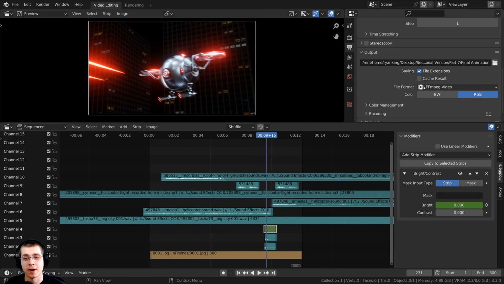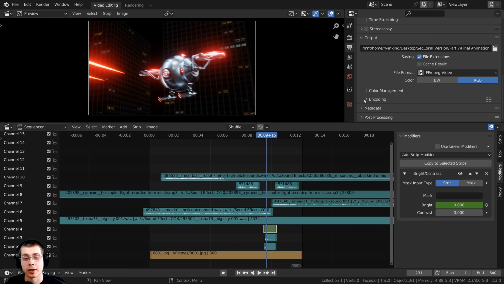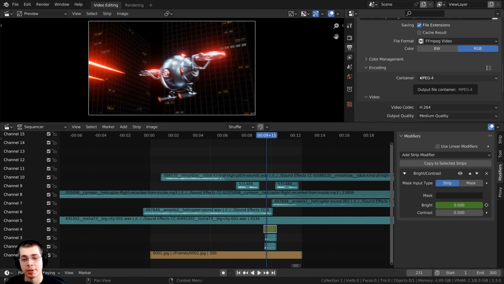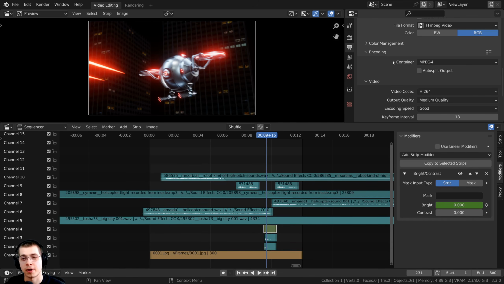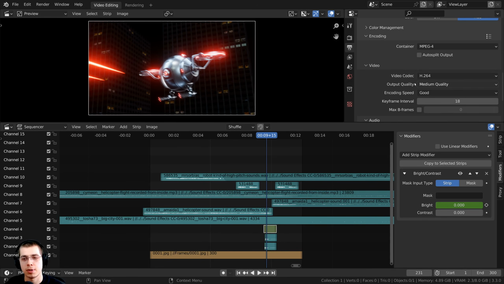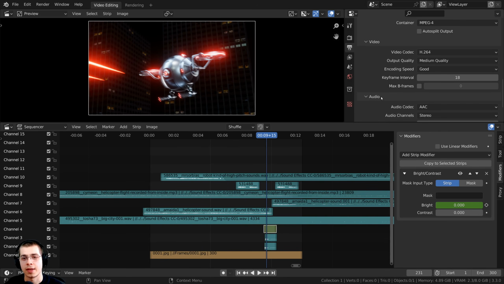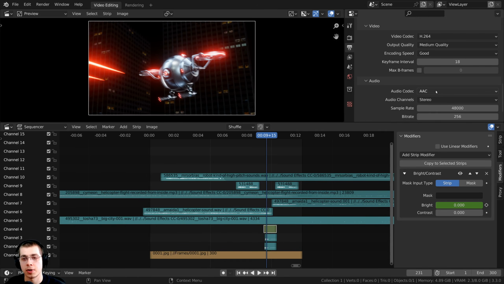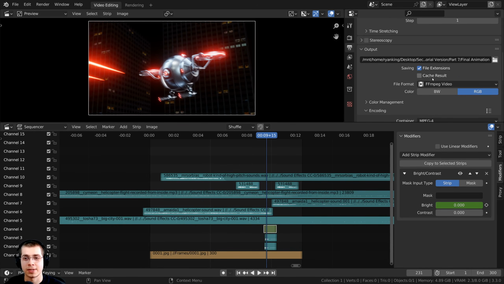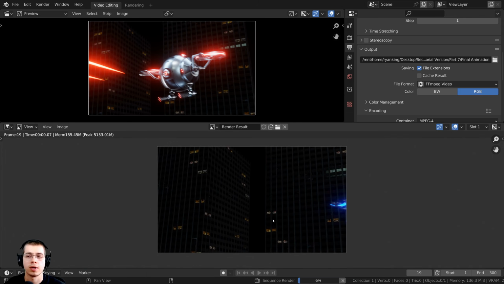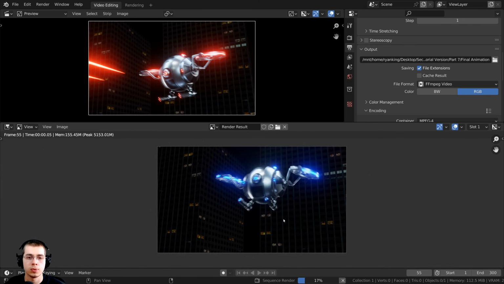Now if I scroll down here on the file format, I'm going to use FFmpeg video, and then I'm going to scroll down here and open up the encoding. I'm going to use a container of MPEG-4, so it's going to be a .mp4 file. And then here on the video, I'm going to use H.264, and I'll set this to medium quality and good. And then here on the audio, I'm going to use an audio codec of AAC. So now that I've set up all those settings, I'm going to press Ctrl S to save, and then to render out the final animation, I can press Ctrl F12, and it'll render out the final animation to a video